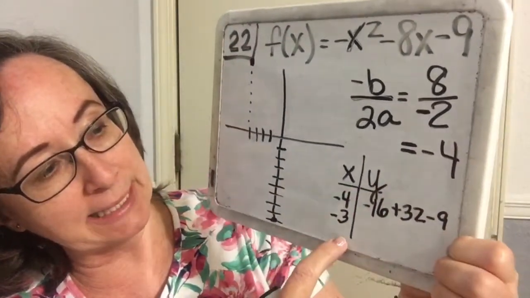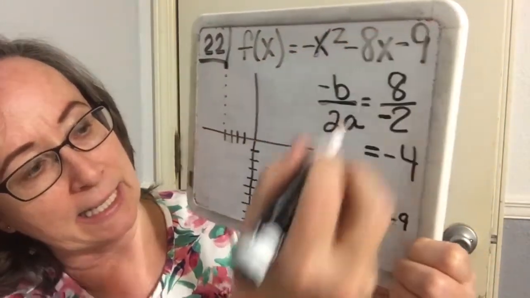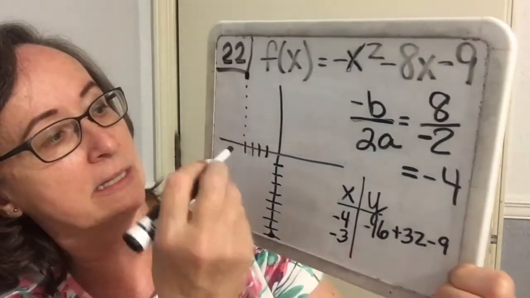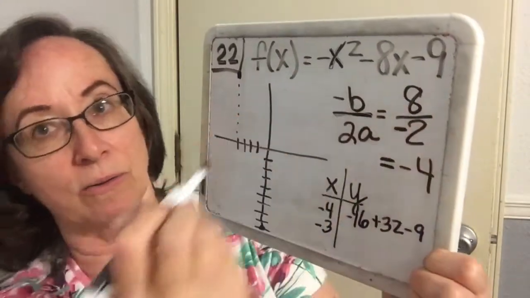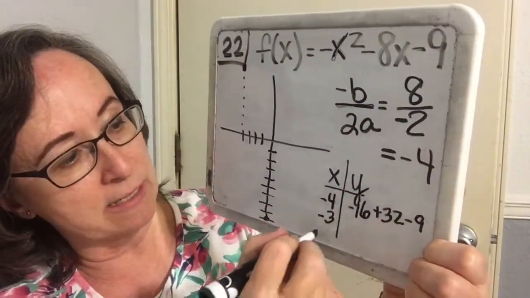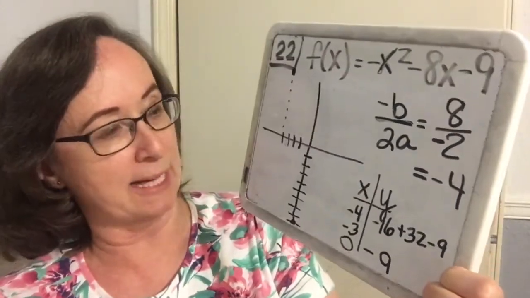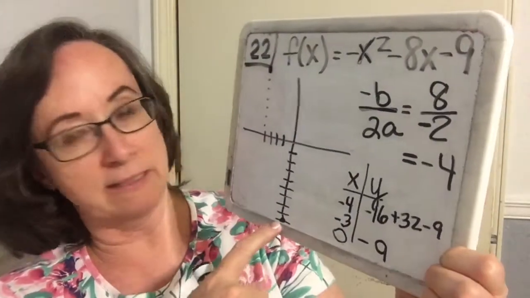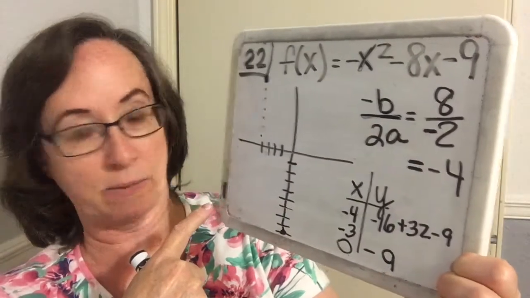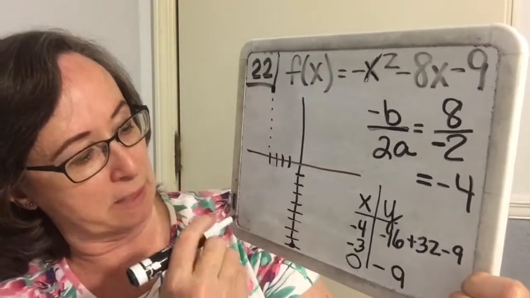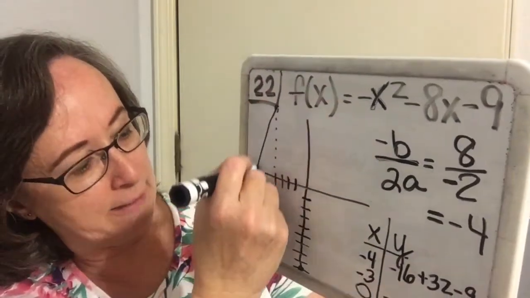So then I plugged in a couple of values here. At -4, I wind up plugging it in and I get a 7. So at -4, I go up to 7, and I knew that by plugging in a 0, I get a -9. So 0, -9 is a point. We also know that this parabola has symmetry. So if it's 0, -9, then 4 steps on the other side of the vertex will also be a -9. So I know that's going to be at -8, it's going to go downward. So my parabola is going like this,